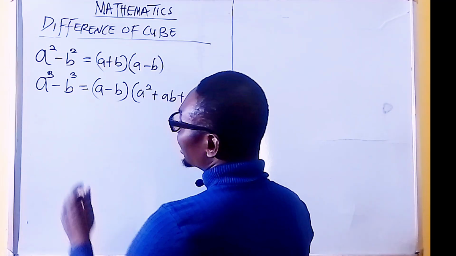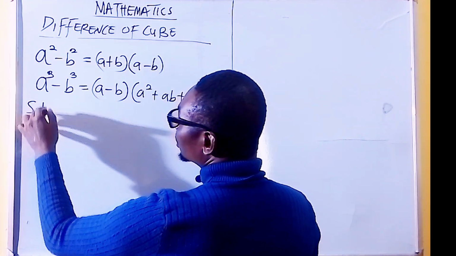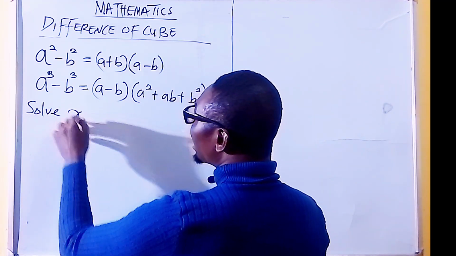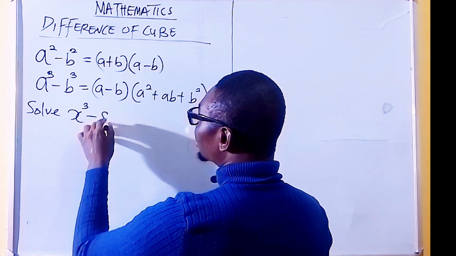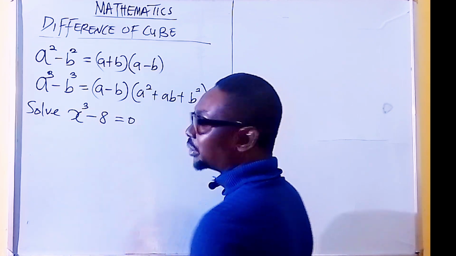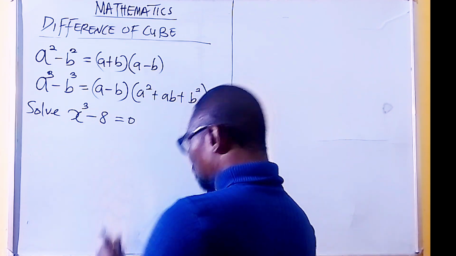Now, for instance, let's solve x raised to the power 3 minus 8 equal to 0. But before I solve this,